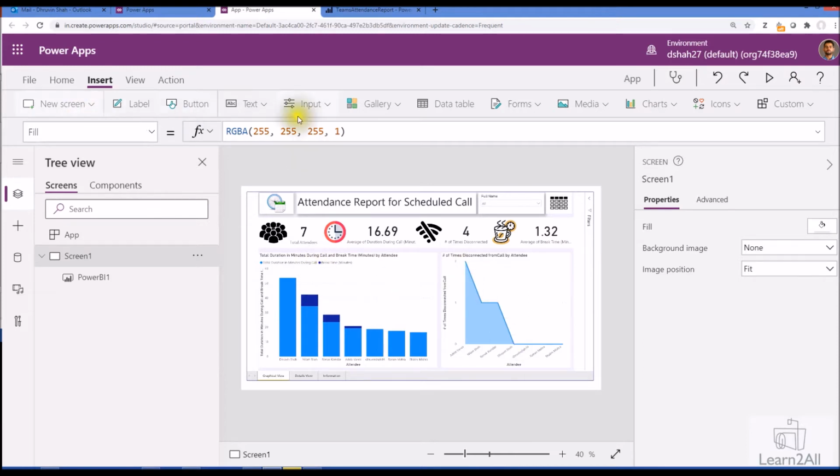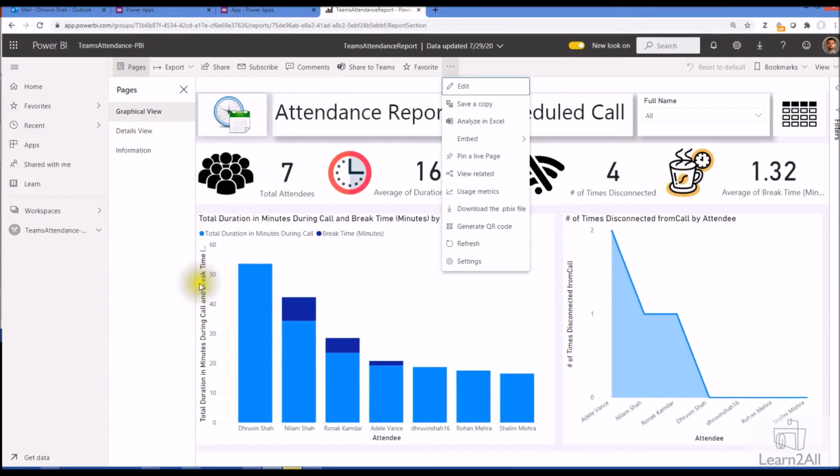Let's say here the Power Apps has been shared with 15 users. So those 15 users have a Pro license on Power BI, and those users are part of this workspace as well. Otherwise they will not be able to view this report inside the Power Apps. This is a very straightforward funda, right?